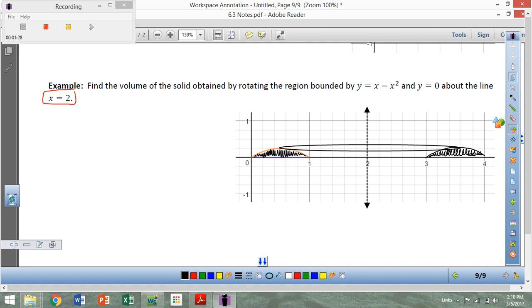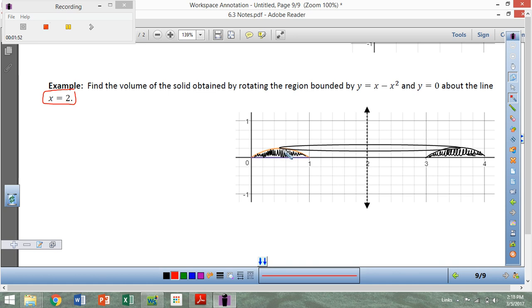If you think about it, it would look almost just like the top half of a bagel. I've got a rounded top, flat on the bottom, rotated around, so I would have essentially the top half of a bagel. And I'm going to use shells. Okay, so if we use shells here,